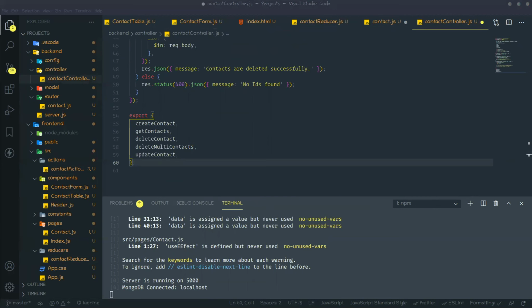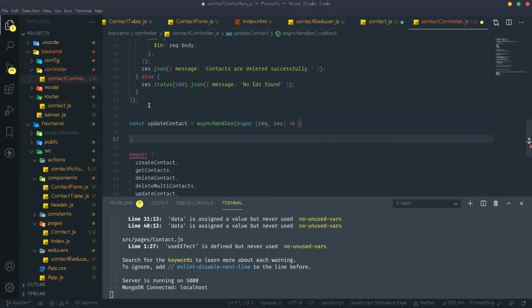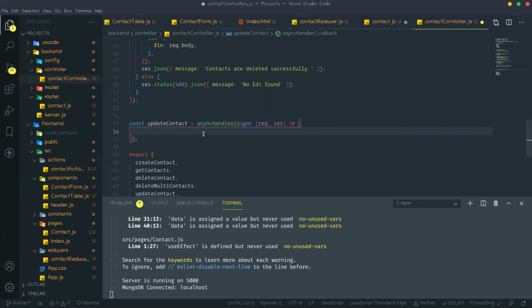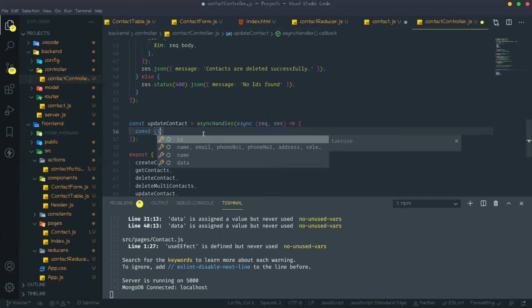So for the contact controller, first, here what will we get? First we will get that ID from request.params.